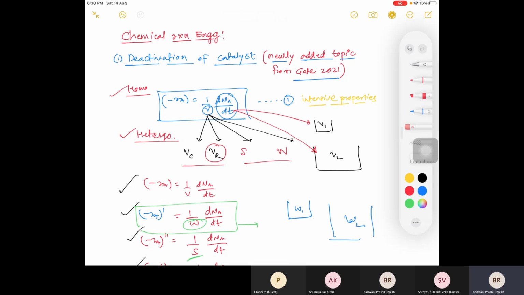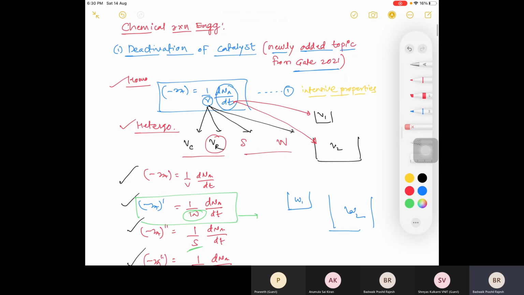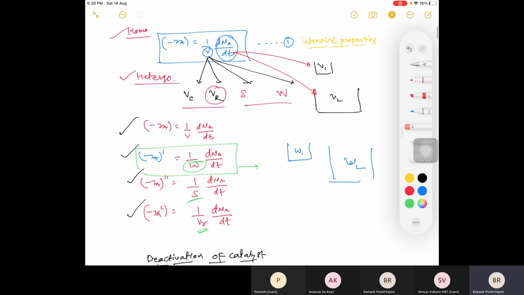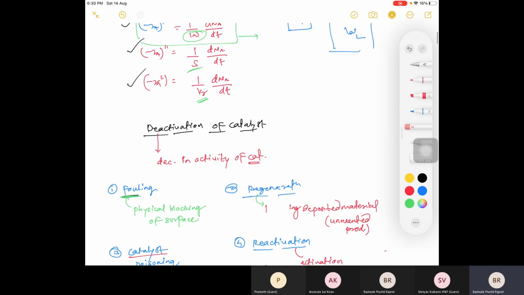So I told you how to write down the rate for homogeneous reaction and heterogeneous reaction. In case of homogeneous, we are just having a single basis, that is volume of reaction mixture or volume of reactor. Then we move on to heterogeneous. There we had different bases: weight of catalyst, surface area of catalyst, then weight of pores of catalyst, porosity and all. So we can define on any basis. But before defining any basis, you must be clear, you should follow the same basis whenever you are using that formula again. So this was about that.